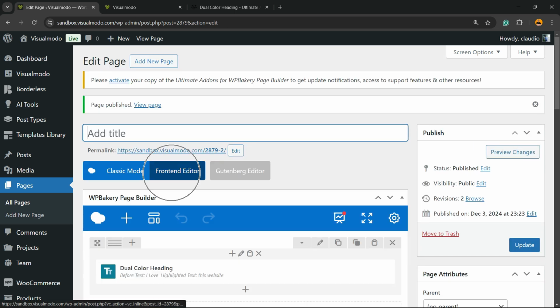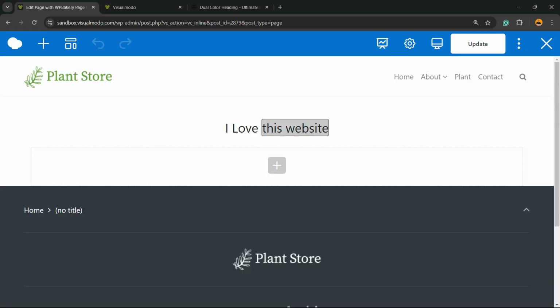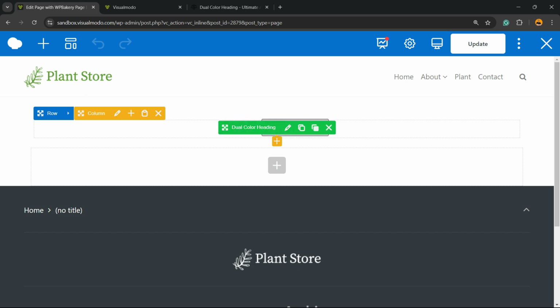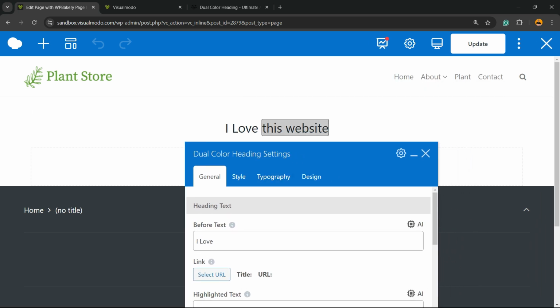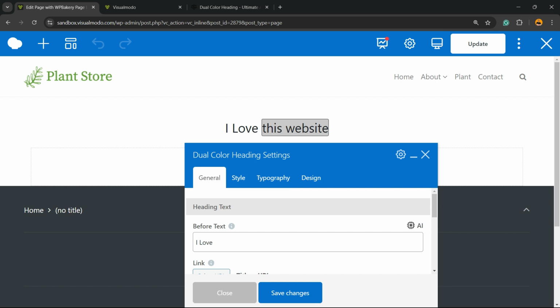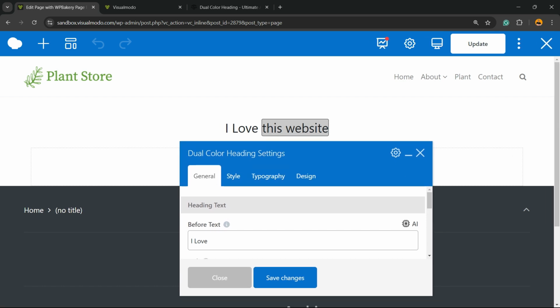You can click on this button right here, front-end editor. This is gonna load your site just like it loads on Elementor, for example. So you can see the results immediately on the live site. All you have to do is hover mouse over the element, click on this pencil icon to open up the editor. Let me reduce the page size. Well,